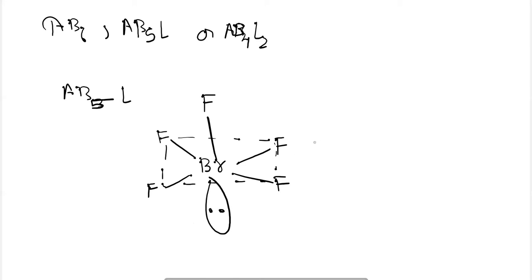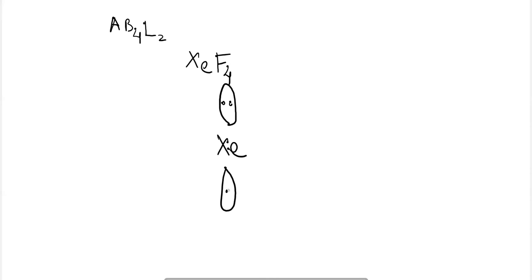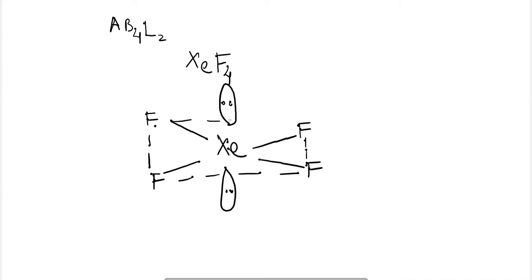Okay, similarly, the next is the two lone pair case, AB4L2, that is xenon tetrafluoride, XeF4, with two lone pairs, one lone pair above and one lone pair below, and four fluorines connected to the central atom xenon by forming a square here like this. Okay, so these are the different structures which can be formed due to the repulsion between the lone pairs and